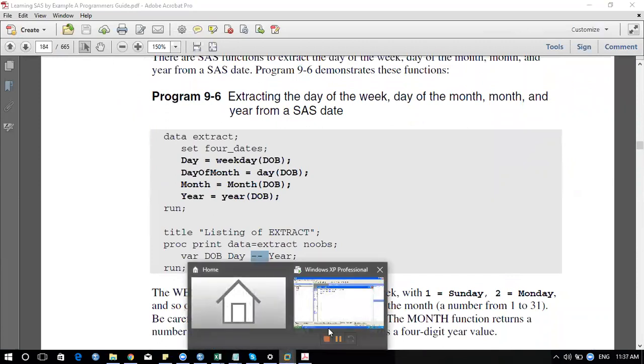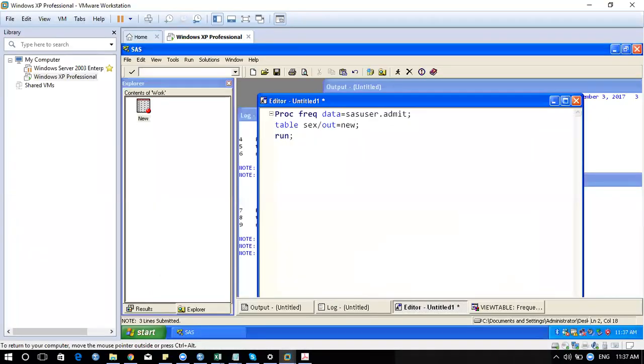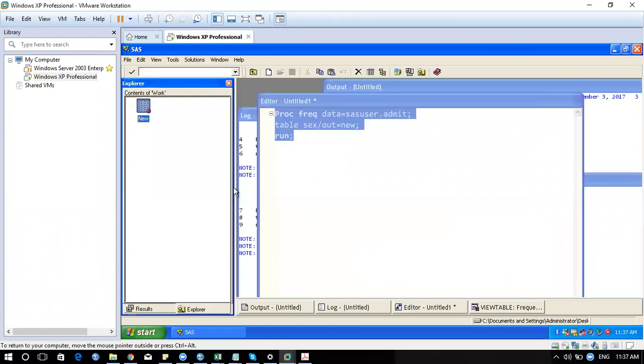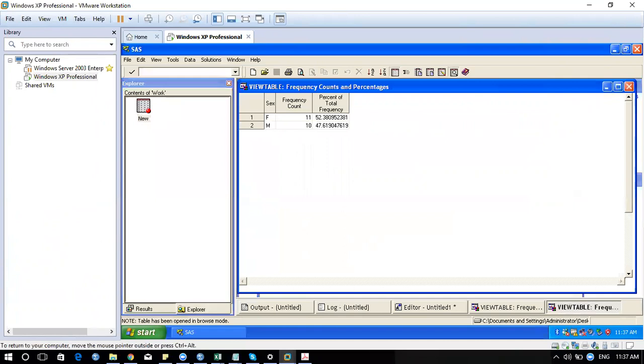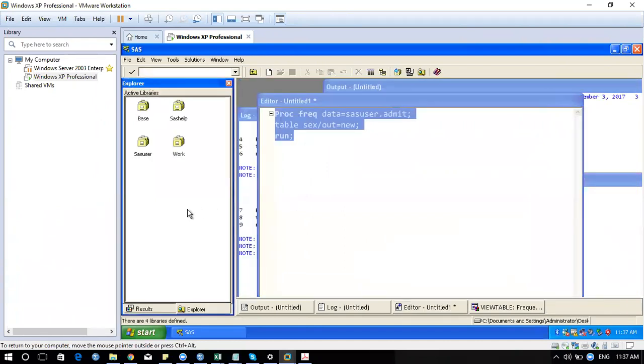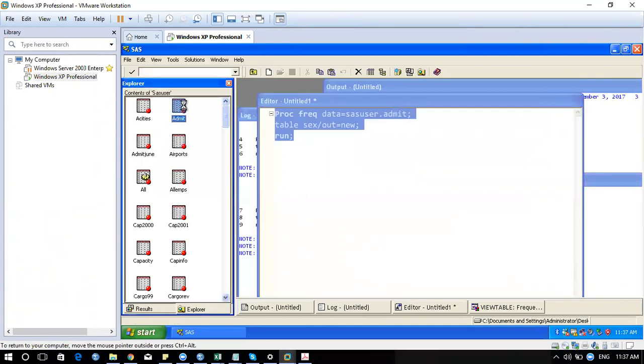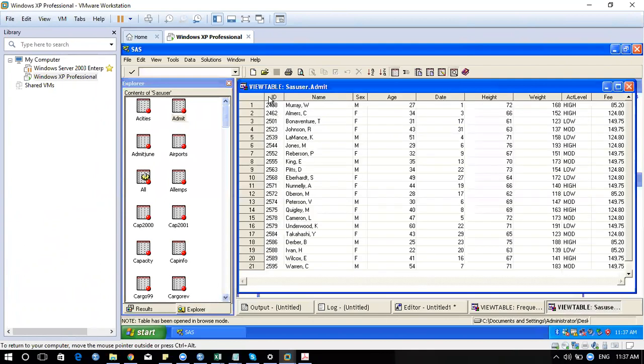If you look at over here, the same example you can quote. If you go back to your data set, you might have many columns. Here it's not showing, but if you go to SAS user.admit, you will be able to see you have n number of variables. But I am interested to print only from sex to weight, correct? It's a bit difficult to mention all those names.